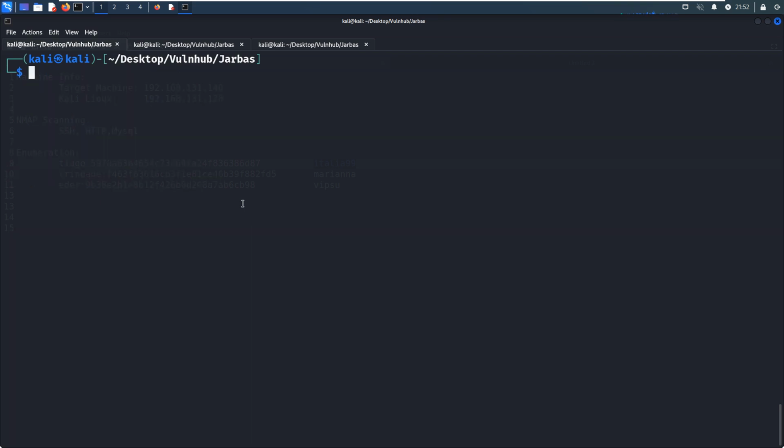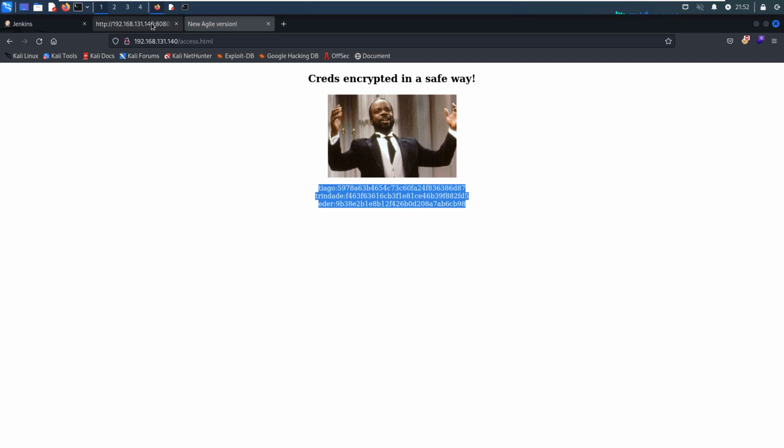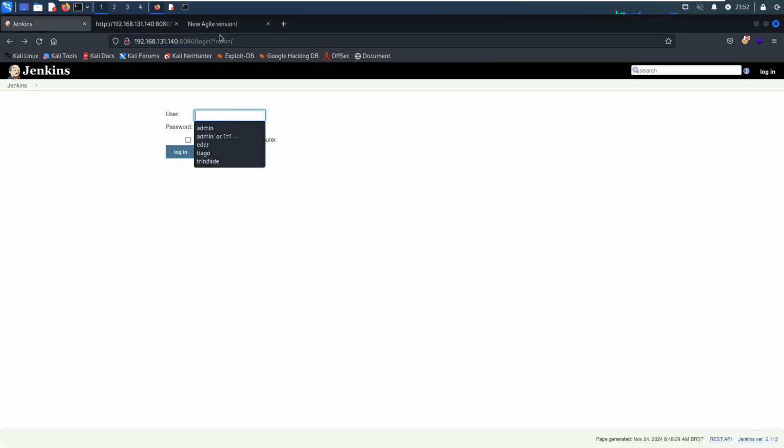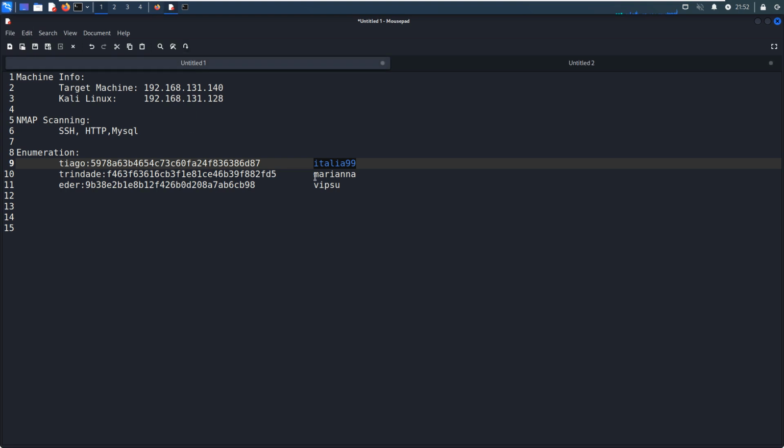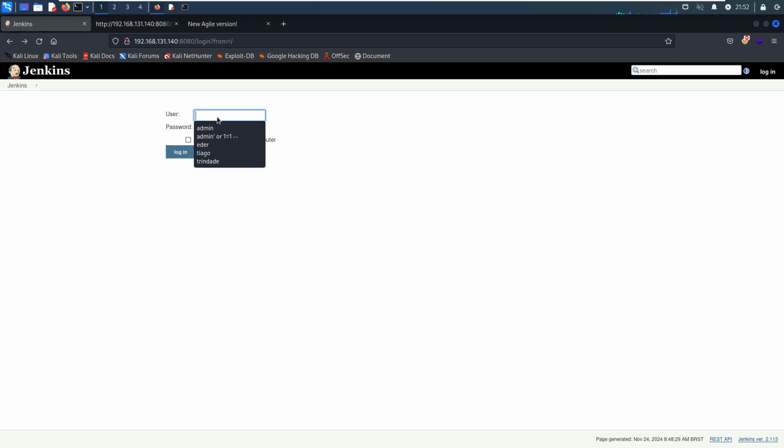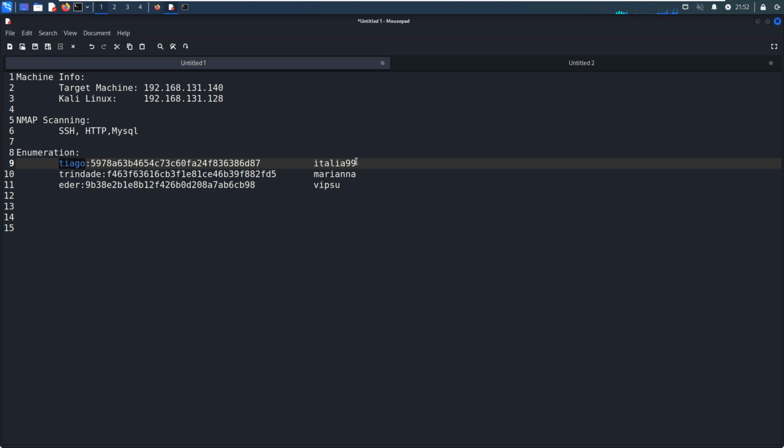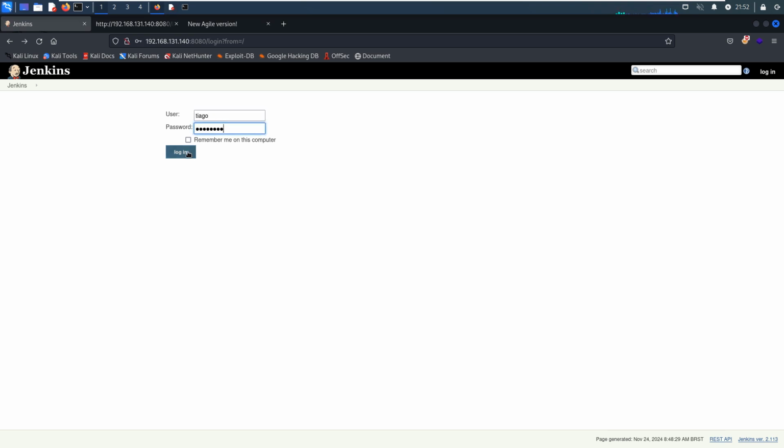So maybe we can try to use these credentials to log in to the Jenkins application. For example, the first one is Tiago, and the password. Login, but not correct or invalid.